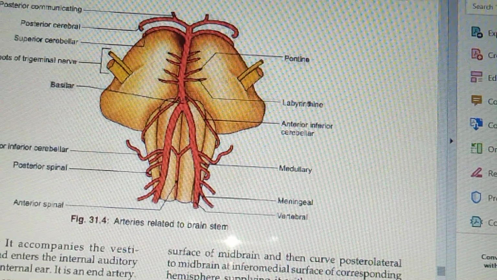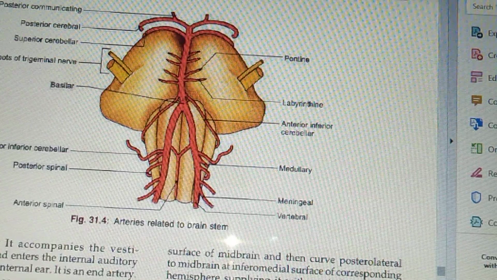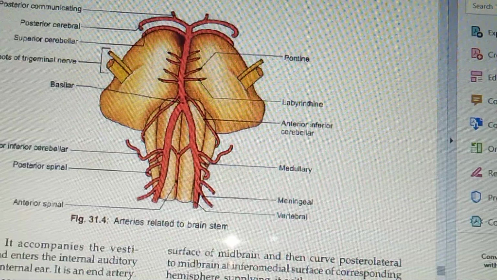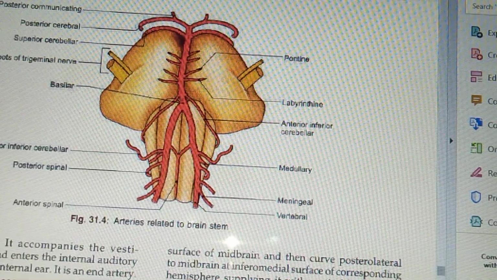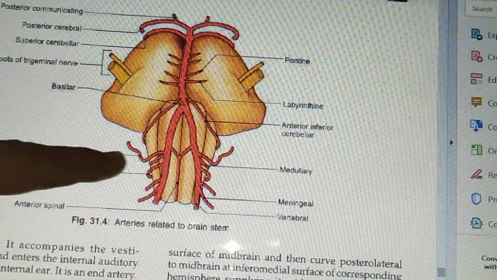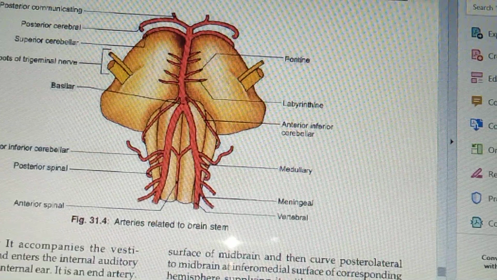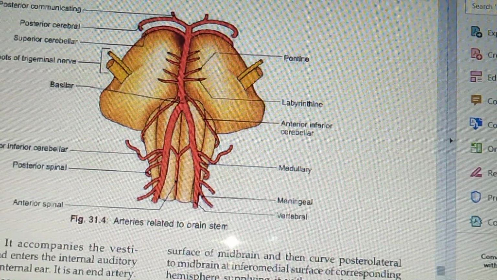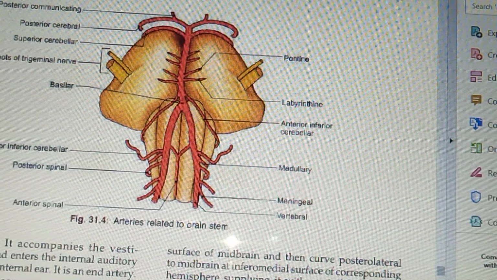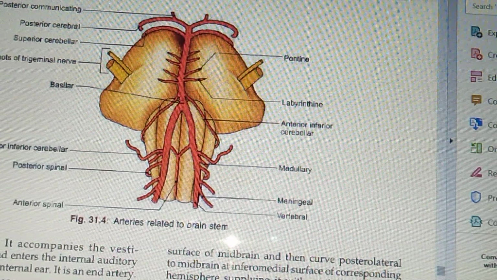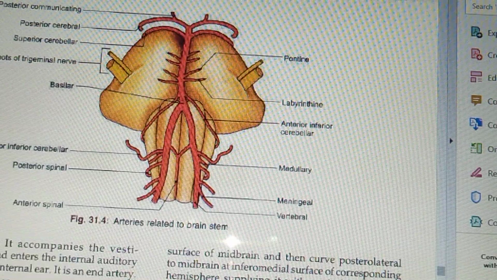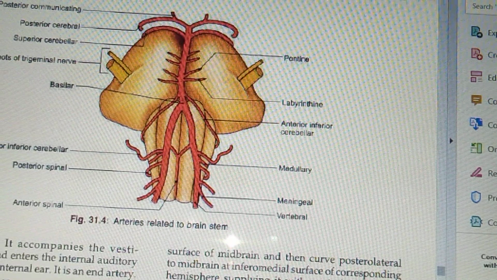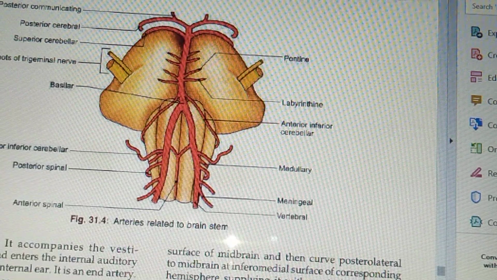It passes inferiorly on the spinal medulla among the dorsal roots of the spinal nerves. Second is the posterior inferior cerebellar artery. Here you can see the posterior inferior cerebellar artery. It is the largest branch of the vertebral artery, and after piercing its meninges, that is the intracranial largest branch. It pursues a tortuous course, passes between the rootlets of the hypoglossal, vagus and glossopharyngeal nerves,